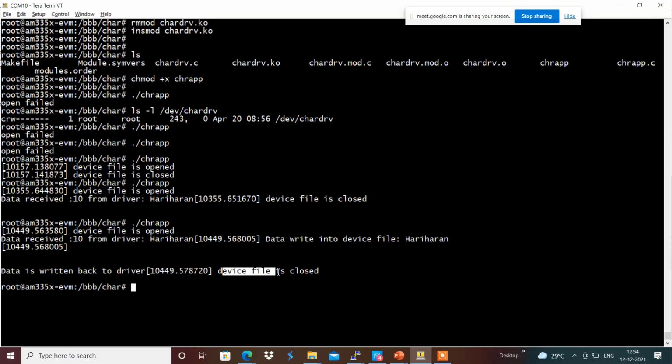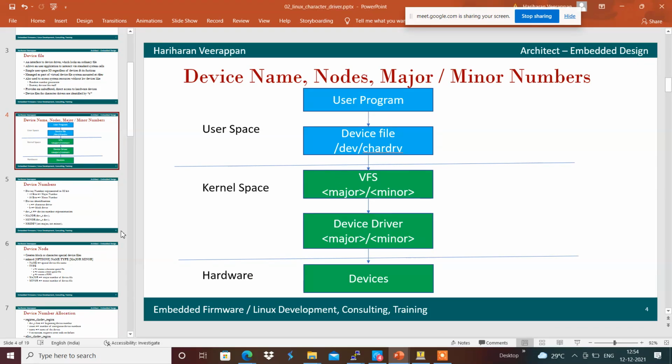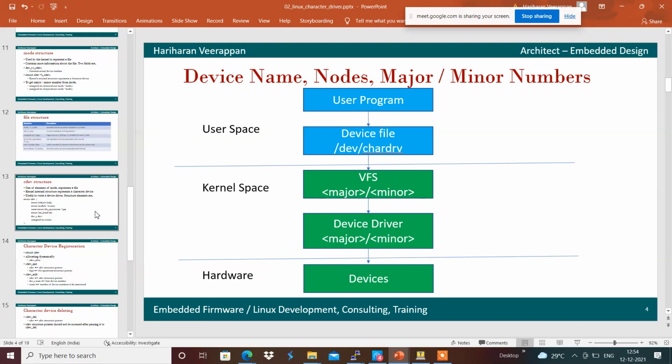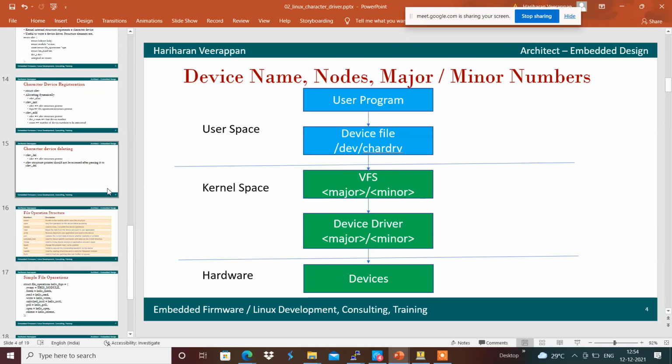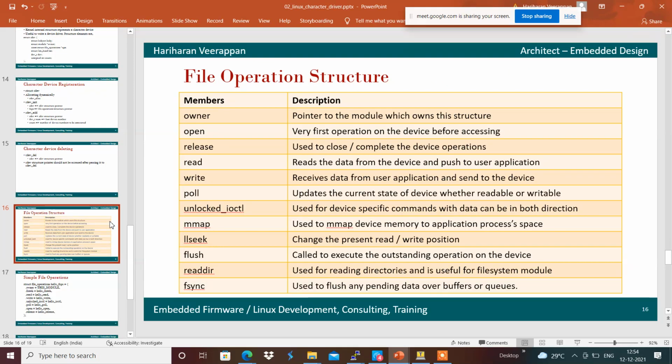Now we will see about multiple more options which are present in the file operations structure. There is an option to poll the data, whether the current device is readable or writable, whether there is data present or not, that we can get with the help of the poll system call, the poll file operation which is present in the file operations structure.